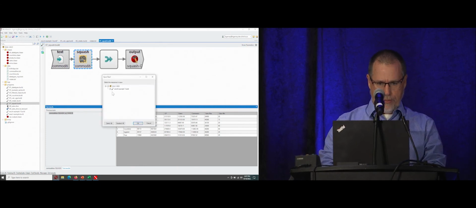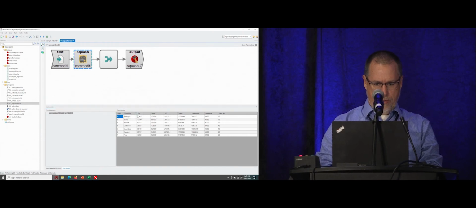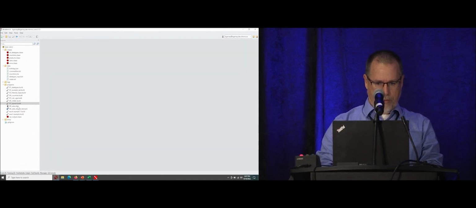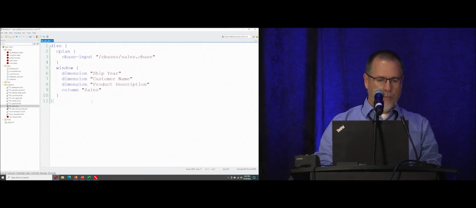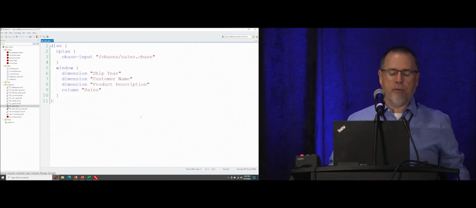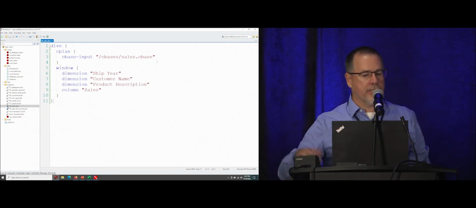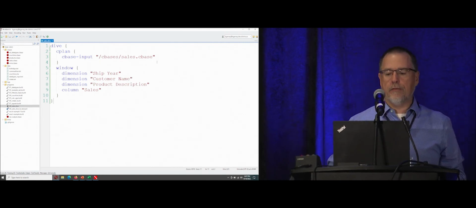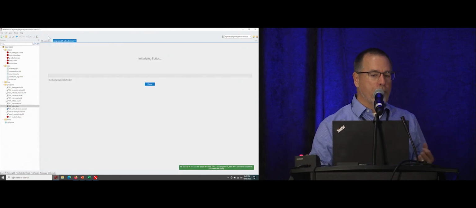Well, one way to do that is with the die file. Some of you may not be familiar with the die file, but it's pretty straightforward here. I'm going to end up with 3 dimensions and 1 column. That's what I'm asking for, and it's going against the cBase called sales. Now, if I run it,